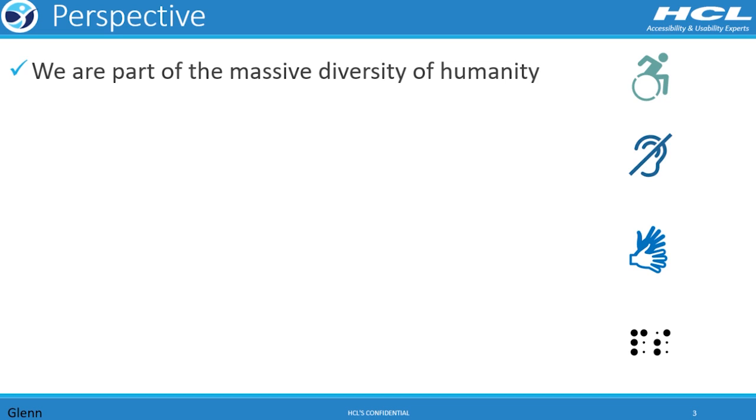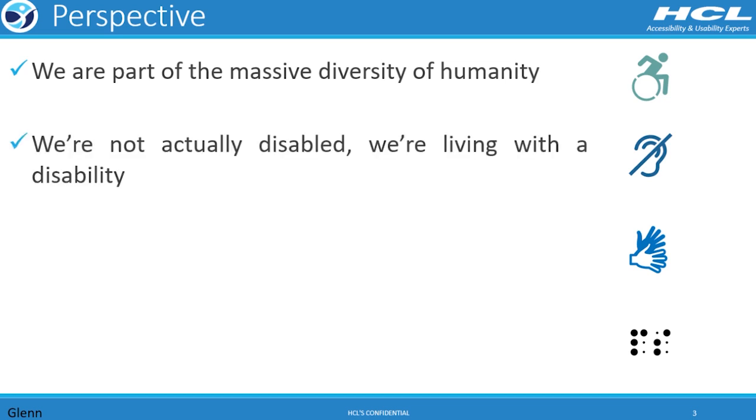We represent part of the diversity that is human beings. We are on that bell curve, and we're at one end of the bell curve or the other, and we are part of what it is to be a human being. And we're not actually disabled so much as we're living with a disability. We still want to do all those things that everyone else wants to do. We still need to do our shopping online, banking online. We still want to go play soccer with our kids. We still want to go bicycle riding. We still want to be involved with those things and live independently as much as we can with that disability